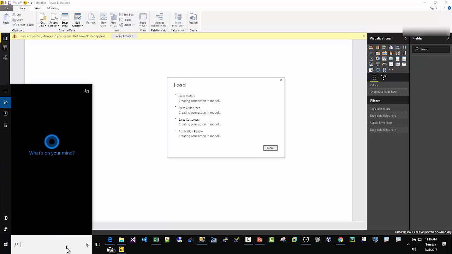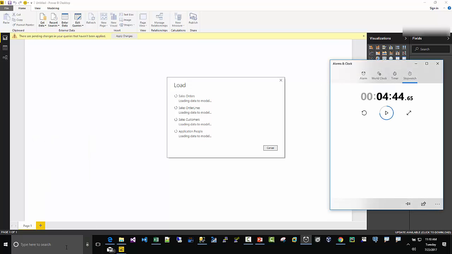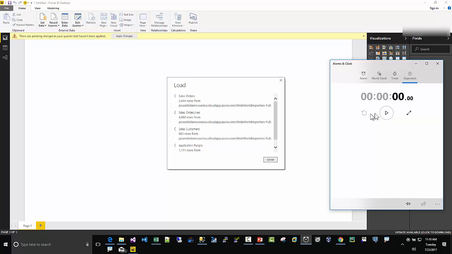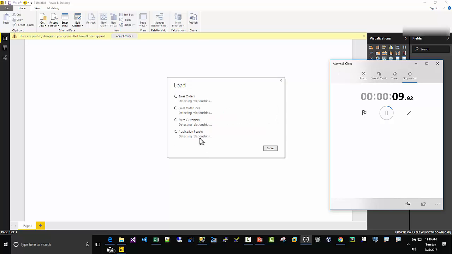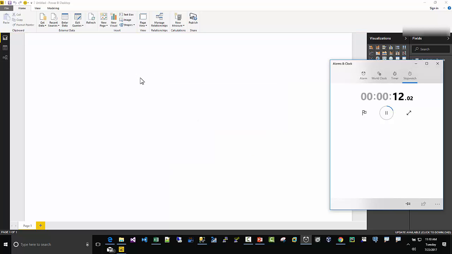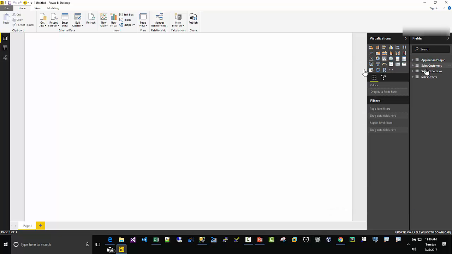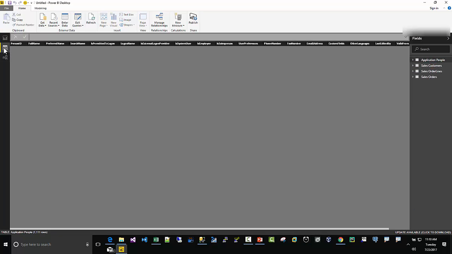Might as well set the clock up because I like to benchmark these things. So you can see the sales order table and the order line table. The order line, several 100,000 rows. Sales customer, a lot smaller number of rows. And then it just detected the relationships there. Okay, so like 15 seconds to download the data. And so I'll get rid of that. Okay, if we go over here,